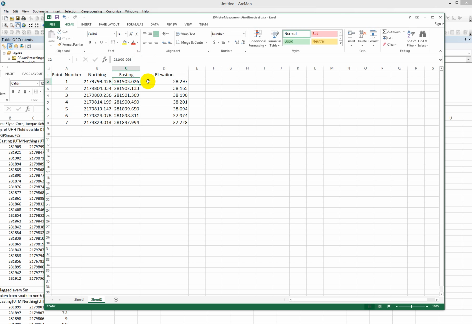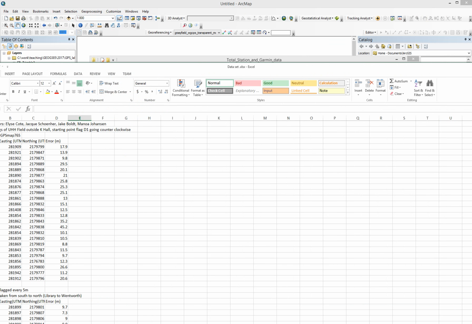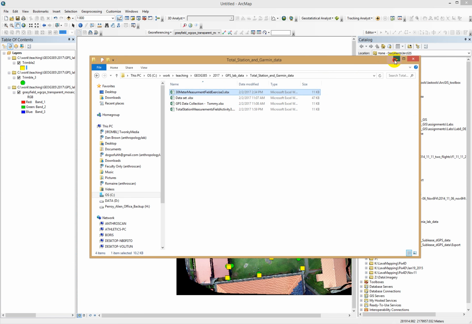Okay, and so now we've got some information here, and we'll see if this will work to be brought in. And I'm going to call this TS 30-meter flag data. So this is the name of the sheet that we're actually going to be accessing. I'm going to save this. I'm going to close it, and then I'm going to minimize this guy, and then all right, this is where